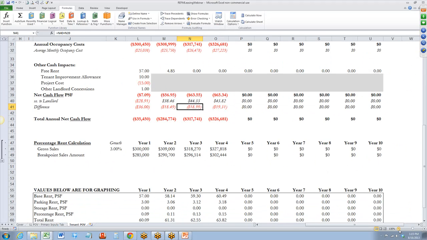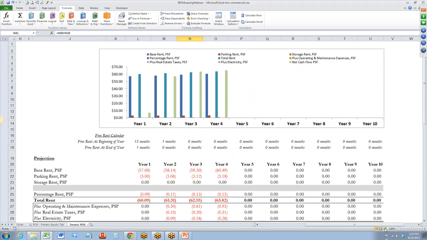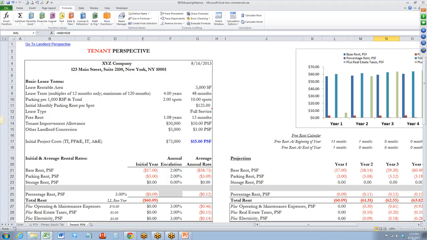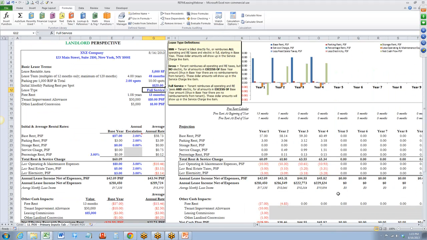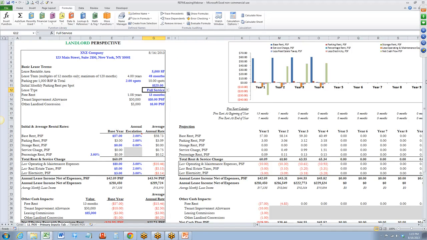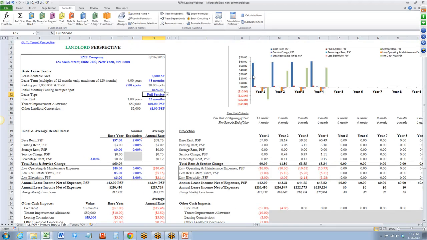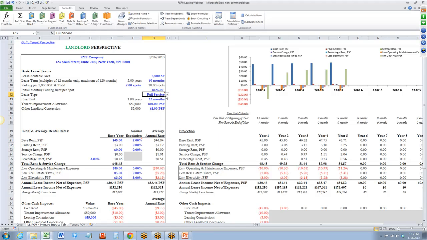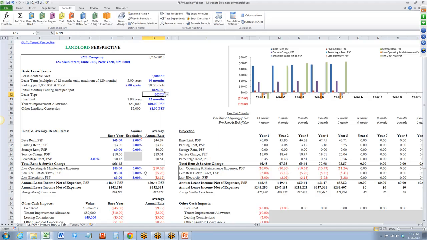And so this is once through this analysis from both perspectives, and again, where you're going to make your inputs primarily is here on the Landlord tab, and we can look at different durations and see the graph changing in real time, enter in different rents, look at things on a different lease type basis, different growth rates, and so on and so forth. And so this is a very useful, quick tool that you can put to work and